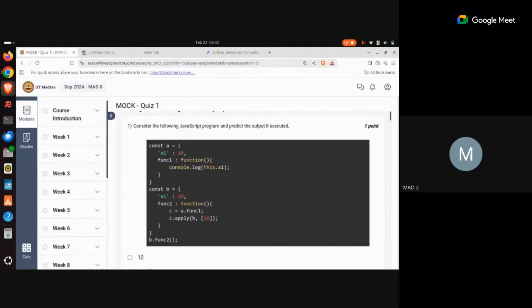What will happen in that case is the func2 function that you are able to see here will get triggered. This function creates a reference of the func1 function that exists in the object A. So a.func1 will refer to this function, function1 console.log this.x1. And now the reference that you created here, C, which is a reference to this func1 function, you are calling that function by